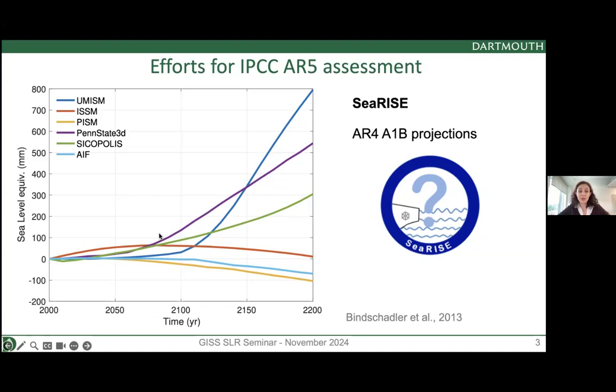There are a few things you might want to notice here. First, you have six ice sheet models that participated in this effort, because those were the only models that could take part at the time. We also see that the numbers are all over the place. We see some models showing sea level decrease over that period, some have increased, and the rates are very different. The shapes of all these curves are very different. And this was for a scenario from the AR5, using climate forcings from the even previous assessment report, the A1B projections. These were some results under constant climate conditions.